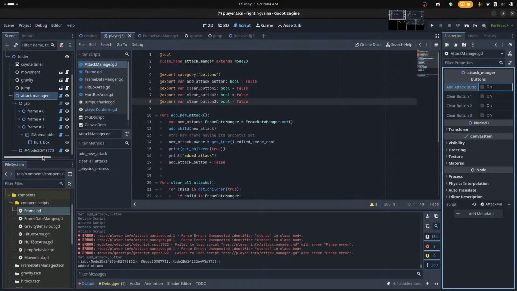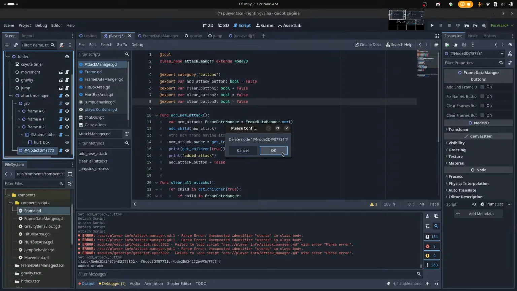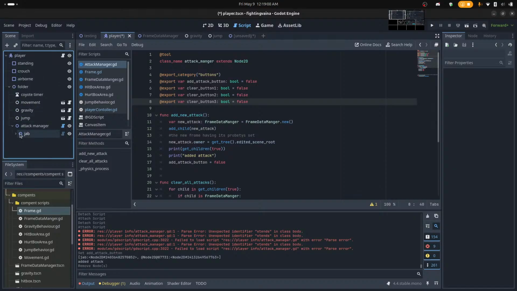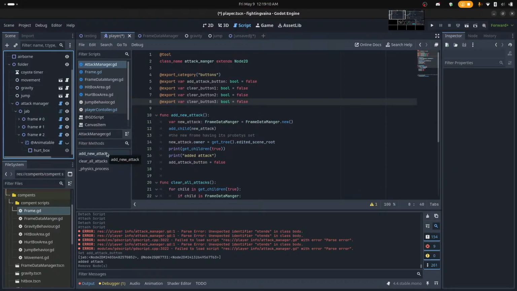Okay, there we go. No, no, it was just fixed now. Okay, so we got the attack manager that will hold all the attacks. Jab, which is just going to be a basic attack. Okay,